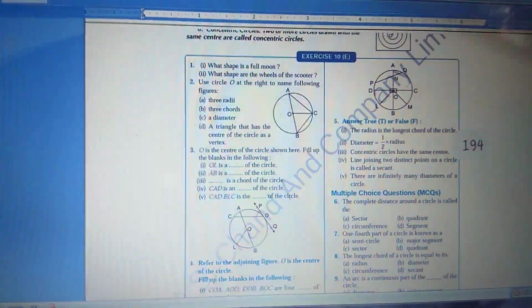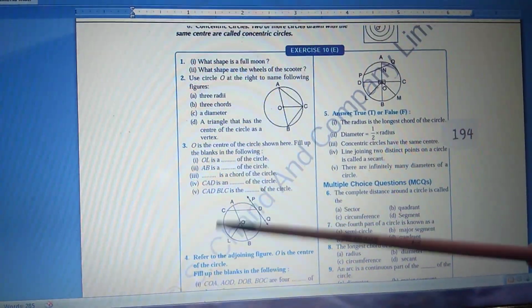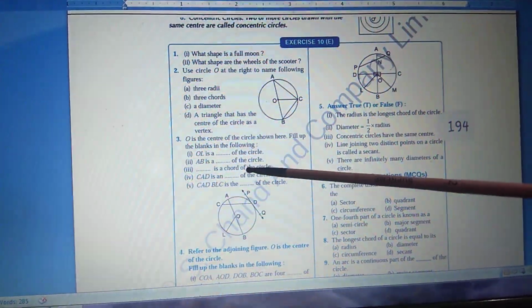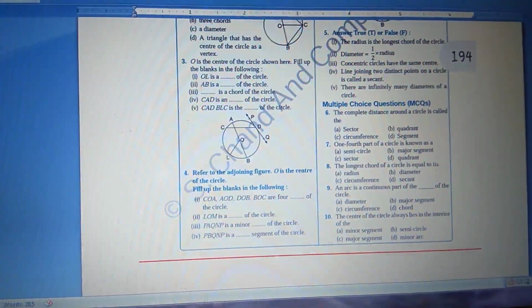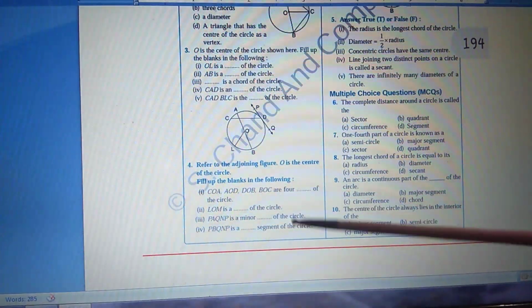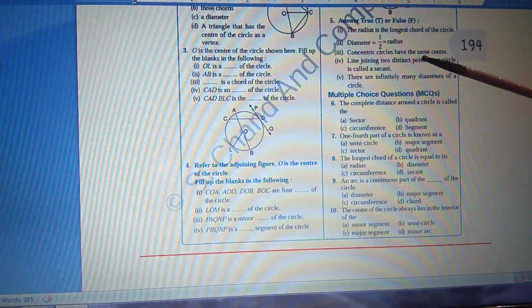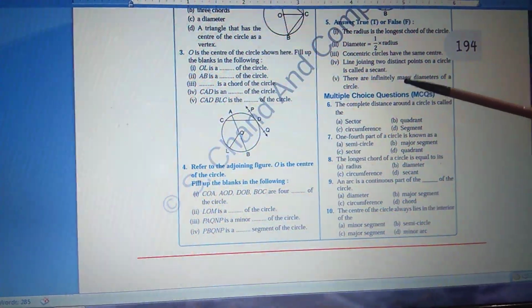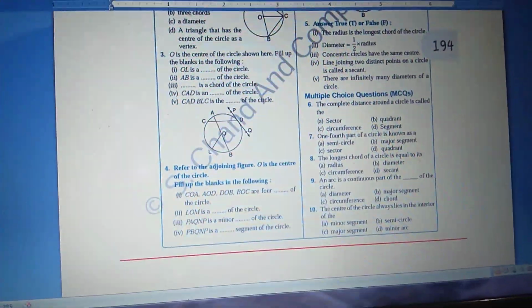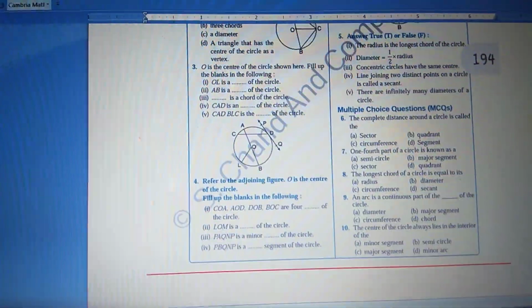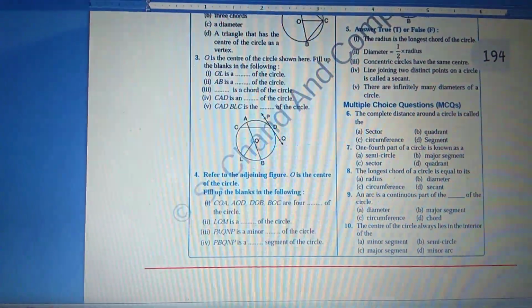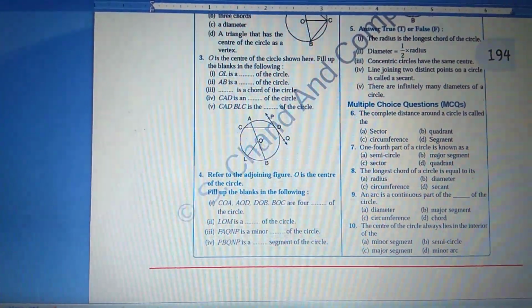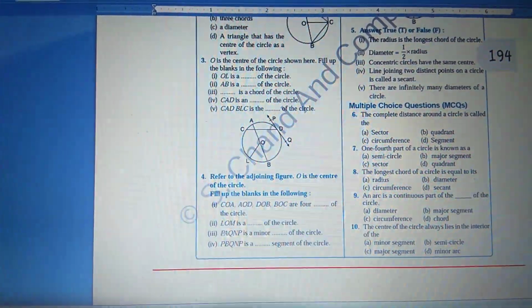In number 2, a figure is given, and from there you have to find this out. It's also very easy. In number 3, one figure is given, and from there you have to fill in the blanks. If the concept and explanation are clear, the students can do it by themselves. In question number 4 also, a figure is given, and seeing that you need to write the answers. Question number 5 is true and false, very simple. And in questions 6 to 10, there are MCQs. So before doing 10E, go through the explanation part of this video, and one by one solve all the problems in the book.